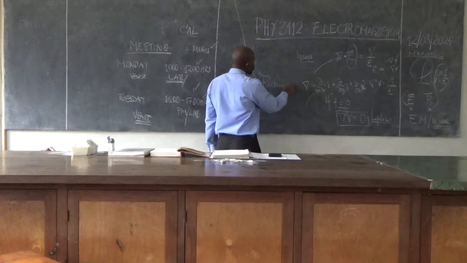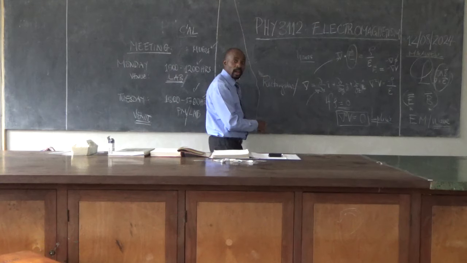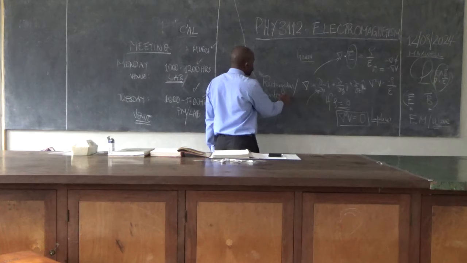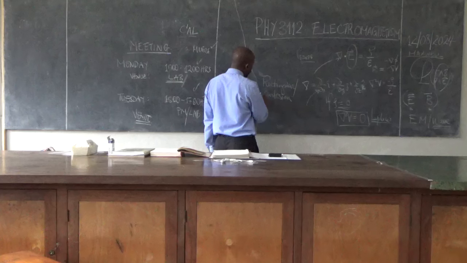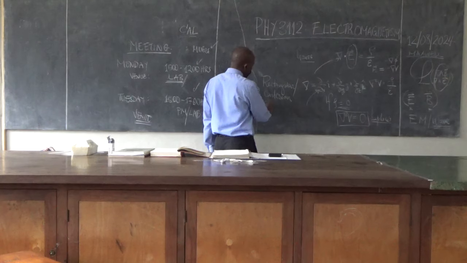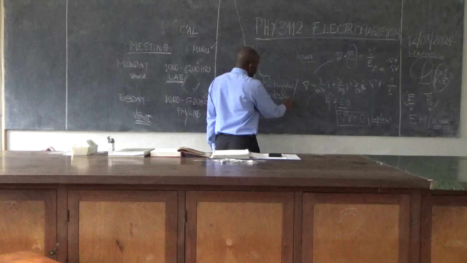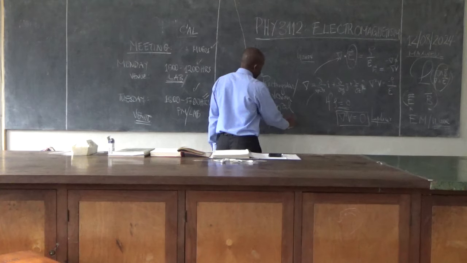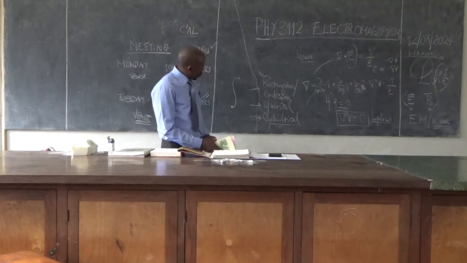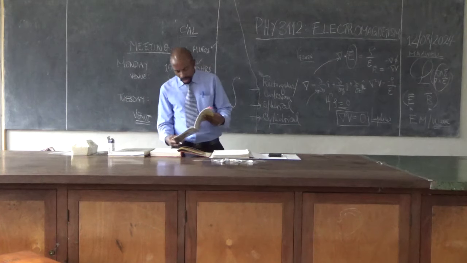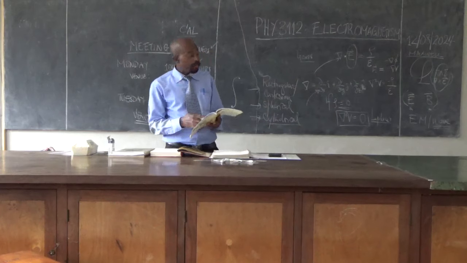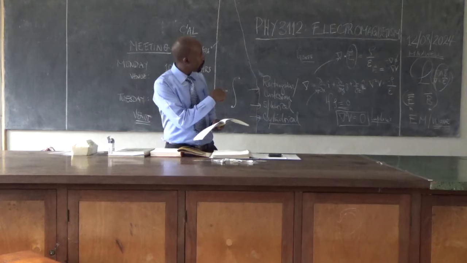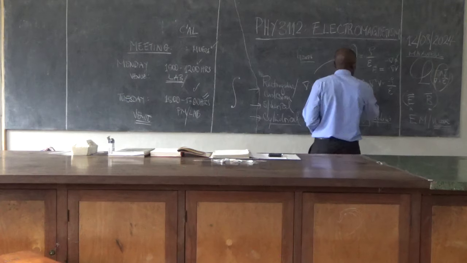What is the other name of rectangular? Cartesian. So in rectangular, Cartesian, then spherical, and cylindrical. So the solving, I just reminded you of the Gauss, then Poisson,